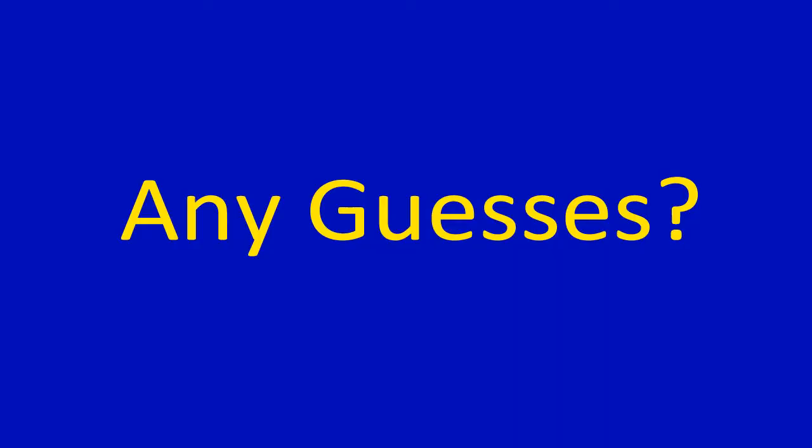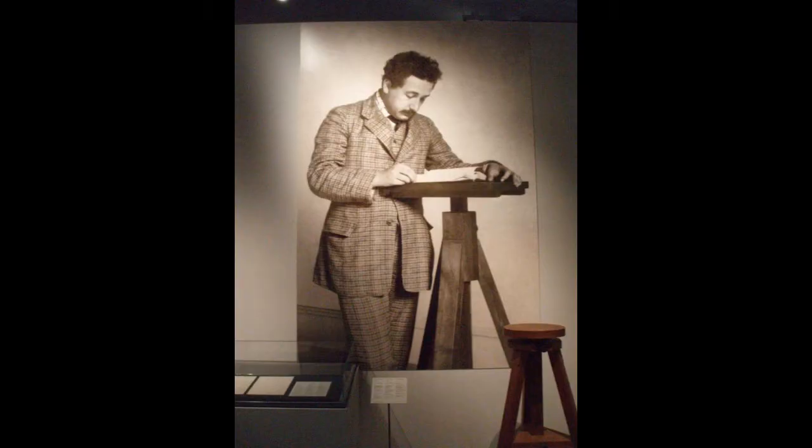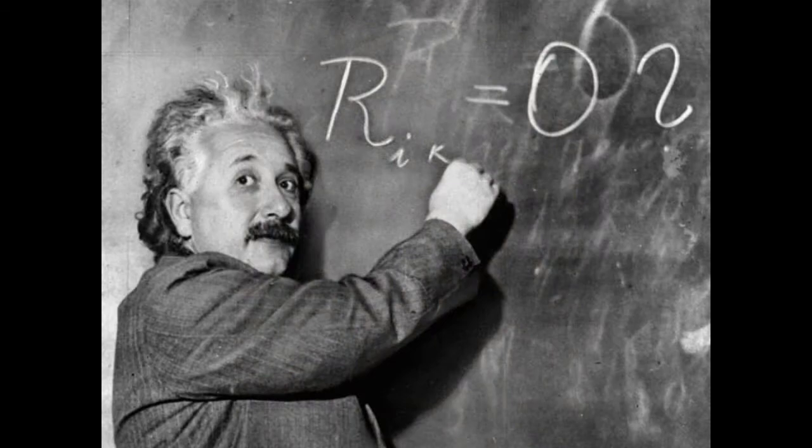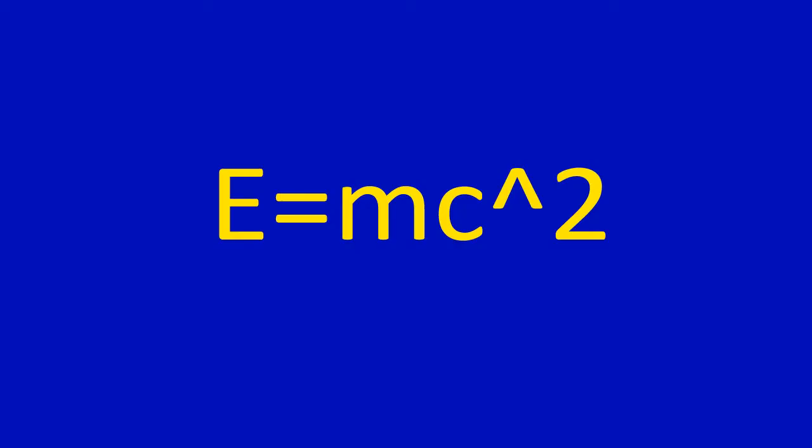Then a not-so-random Joe who worked in the patent office in the late 1910s. Any guesses? Albert Einstein. When Einstein was looking over a patent application, he stumbled across a theory that challenged Newton's theory of gravity. Einstein researched this idea further, and after racking his brain around it, he came out with the general theory of relativity. Gravity was only one part of this huge leap in science history. You might recognize the famous formula, E equals mc squared.